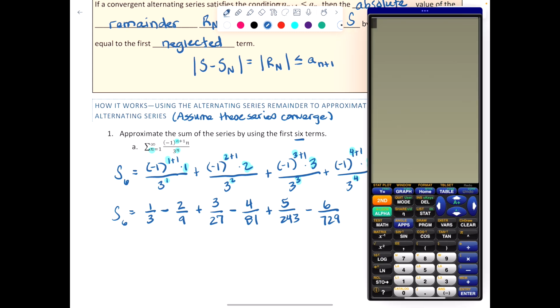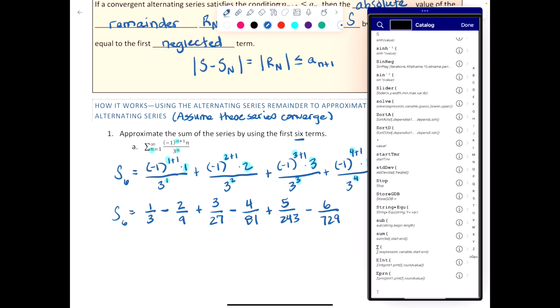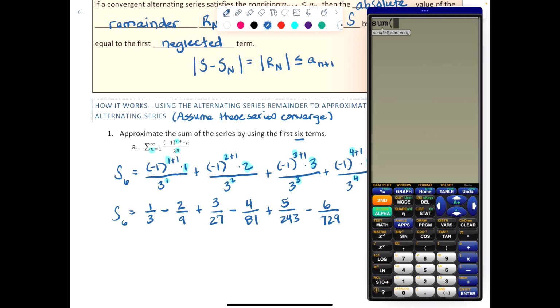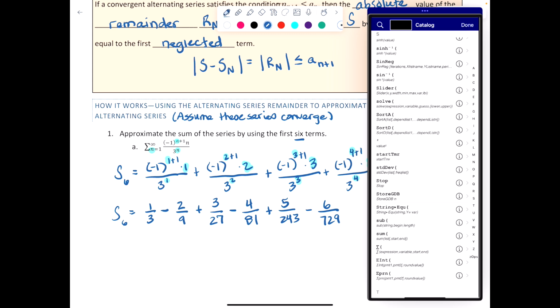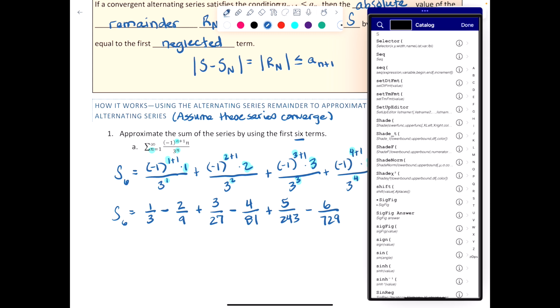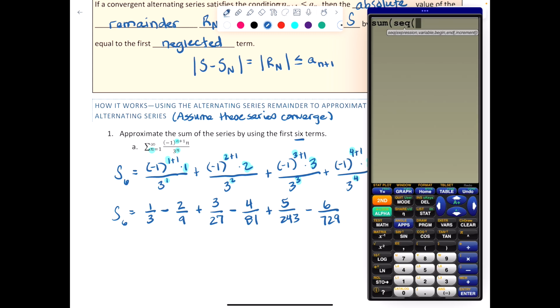You can also write in the summation if you want. It probably takes about an equal amount of time. I'll go ahead and do that. If you go to second 0, you'll get to catalog, and we want to sum. We're summing a sequence, so you go back to catalog, and you go to the sequence that has the parenthesis, and then you put in your expression, so that's going to be